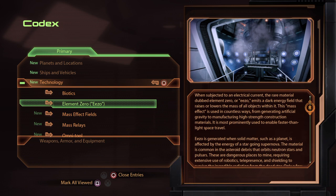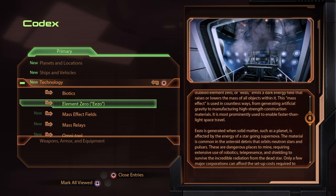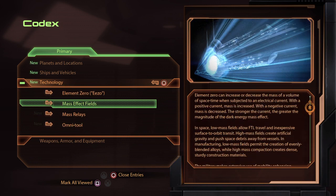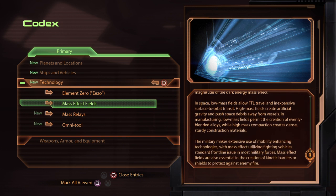When subjected to an electrical current, the rare material dubbed Element Zero, or EZO, emits a dark energy field that raises or lowers the mass of all objects within it. This massive Element Zero can increase or decrease the mass of a volume of space-time when subjected to an electrical